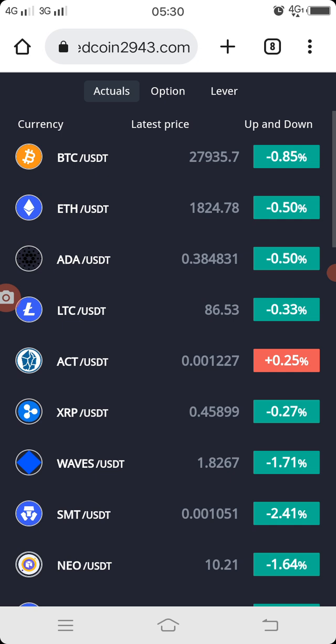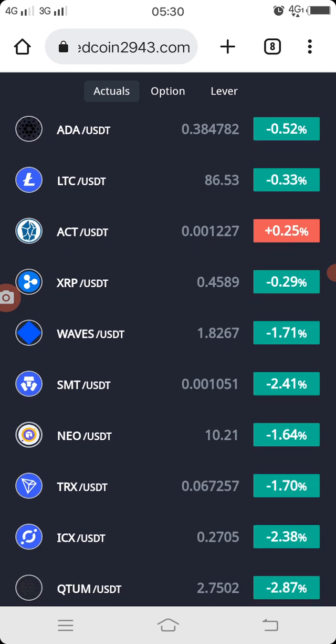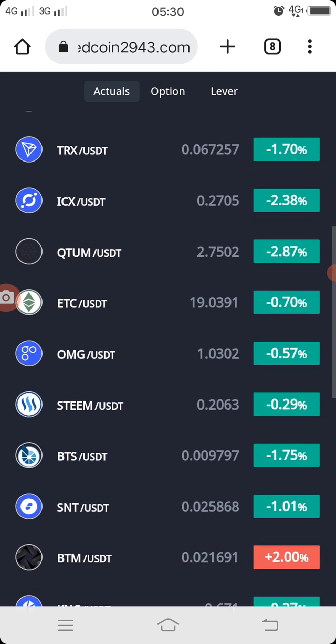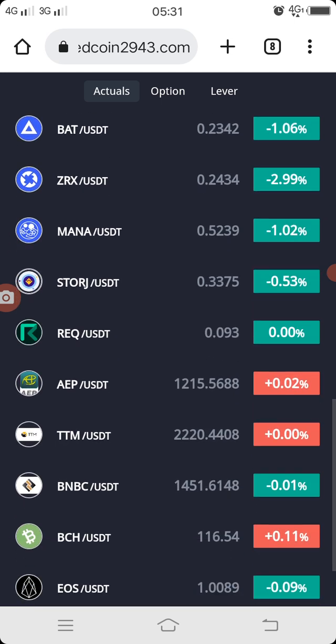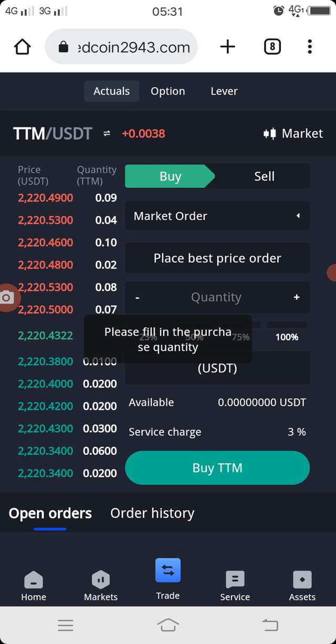Let's say that day we are trading TTM. I'll click TTM, and then I'm going to click here where it says buy TTM. When I click buy TTM,